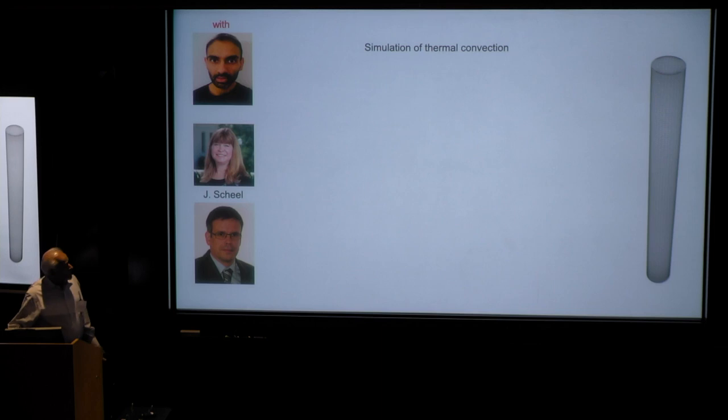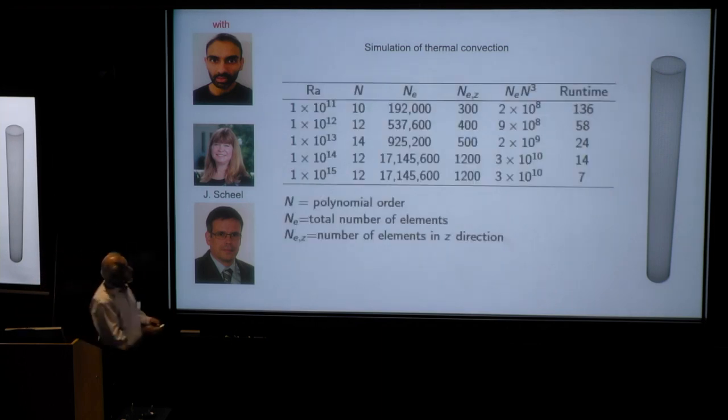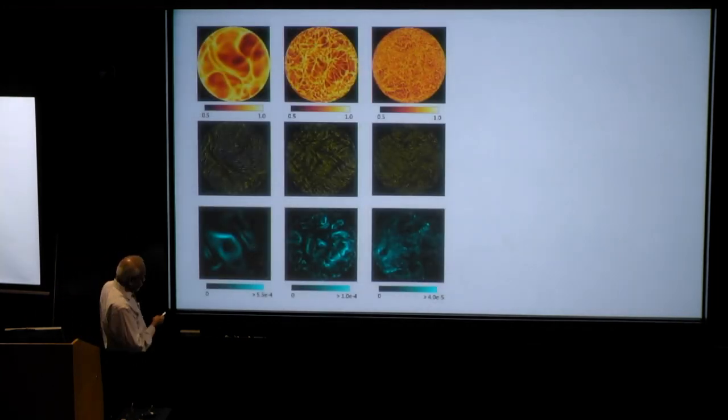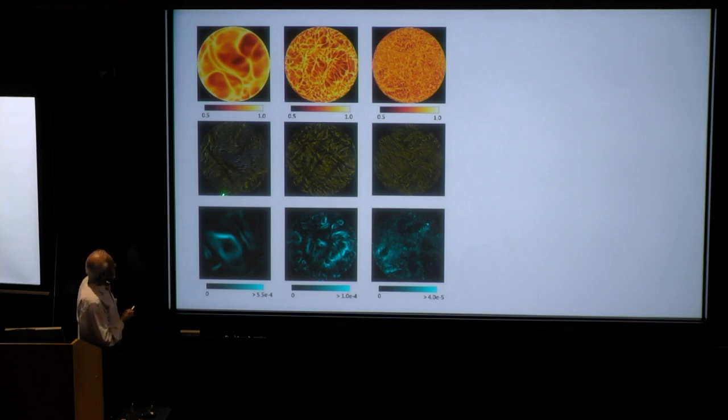And again, we did this using very large-scale simulations. You see, these are the number of grid points, etc. And this is the result. So you have Rayleigh numbers 10 to the power 11, 10 to the power 13, and 10 to the power 15. Temperature in the boundary layer, you can see that it has large-scale features at low Rayleigh numbers, low meaning 10 to the power 11. But as it progresses, it assumes smaller and smaller scales. The same is true of the velocity field, and then here the shear stress field.